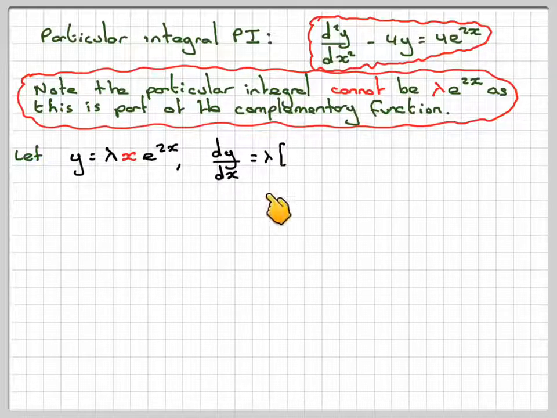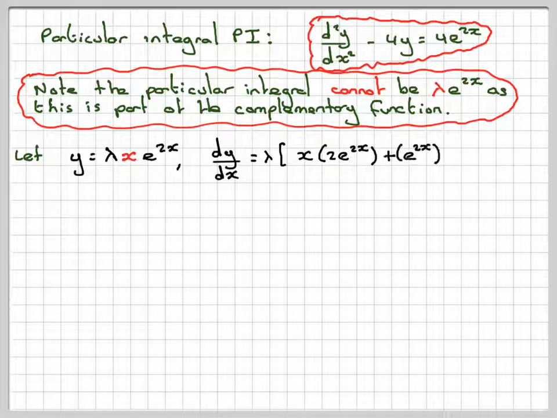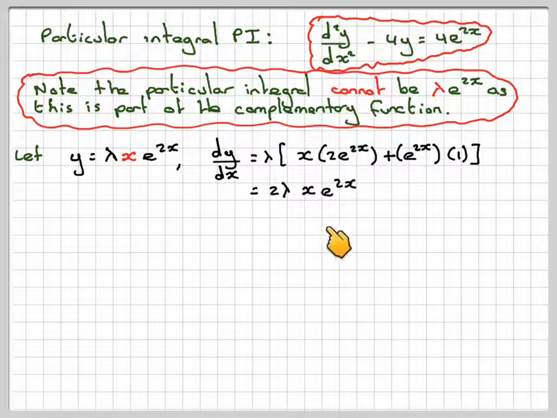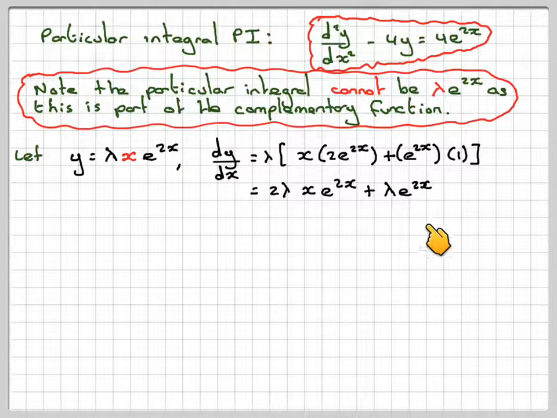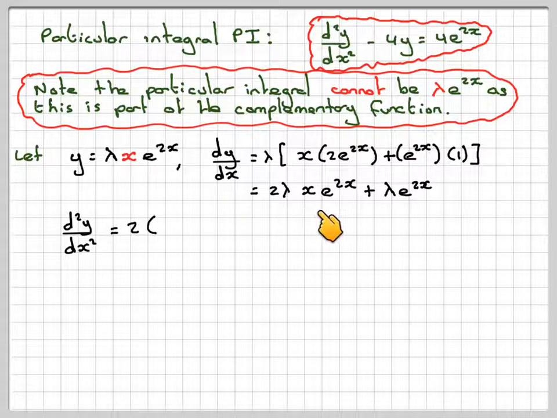So we get dy by dx is equal to lambda, and now we have to differentiate this using the product rule. So we get x times 2e to the 2x plus e to the 2x times the differential of x, which is 1. Tidying that up a little bit, we're going to get 2 lambda x e to the 2x plus lambda e to the 2x. We now have to differentiate again, so we'll take the 2 out, and this lambda x e to the 2x is the same as y, so we just need to write this down again, because that's the differential of the first bit